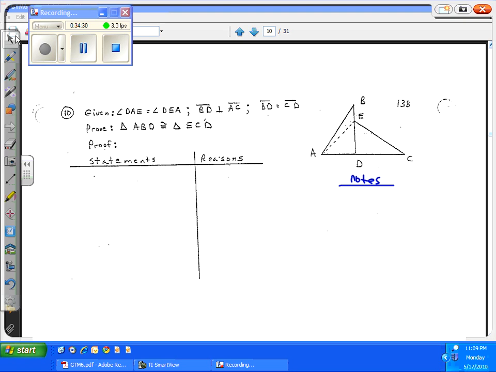So we've already got it all set up, given proof statements on the left, reasons on the right, and the diagram. So now we're going to take what we're given, DAE is equal to DEA. Angle DAE